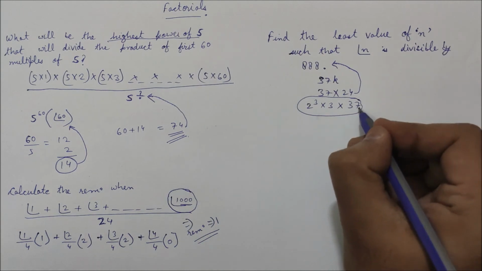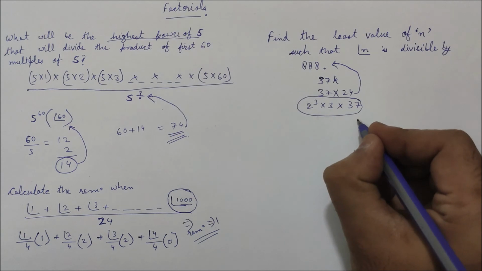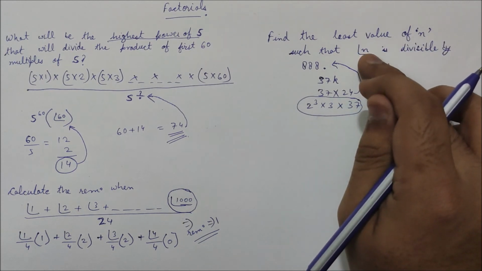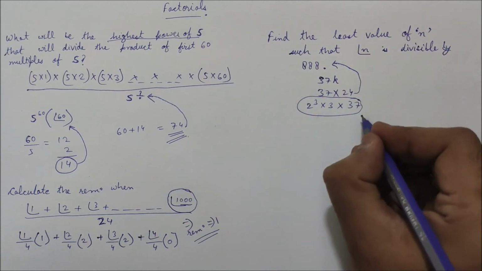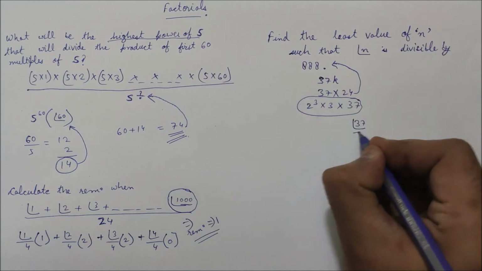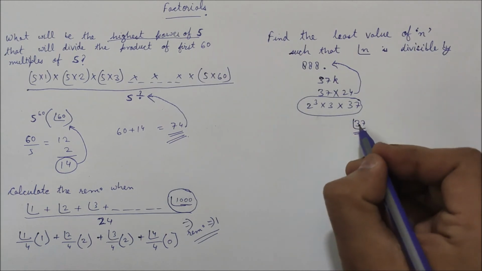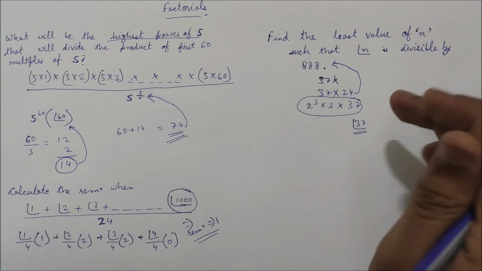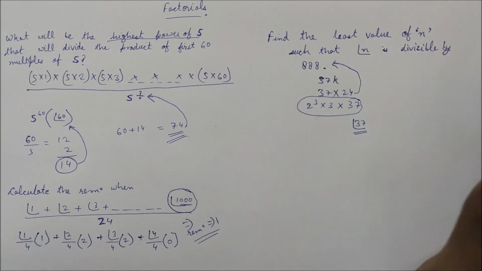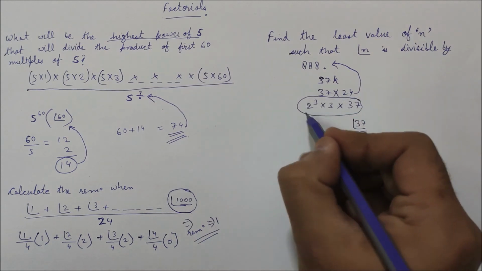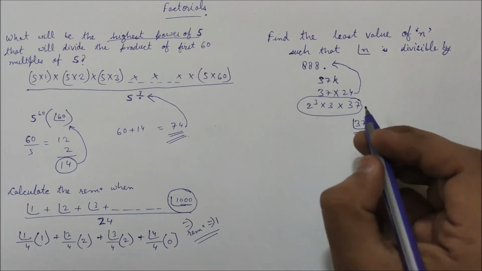Since we have a 37, and 37 is a prime number, I know that the number n should be equal to or more than 37, right? Since factorial 37 would be the first such factorial which would have 37 as a factor in it. So only factorial 37 and numbers beyond will give me the prime factorization where 37 has at least one power in it.